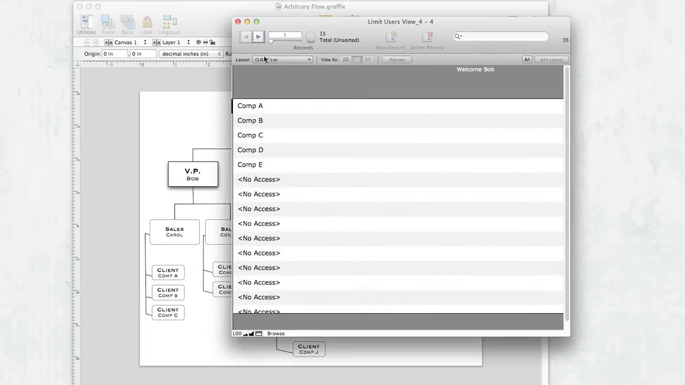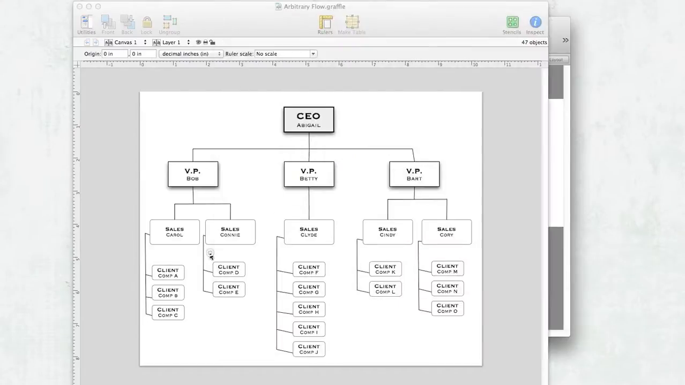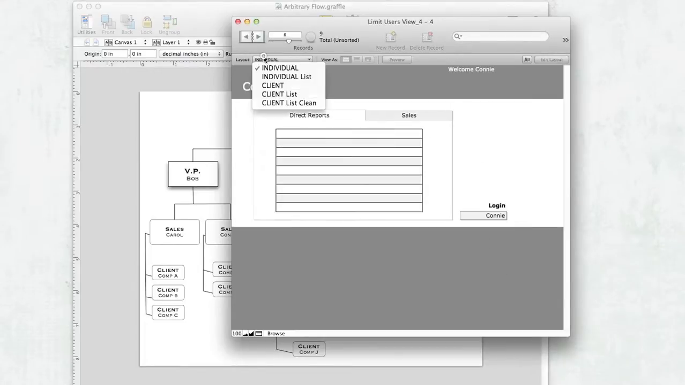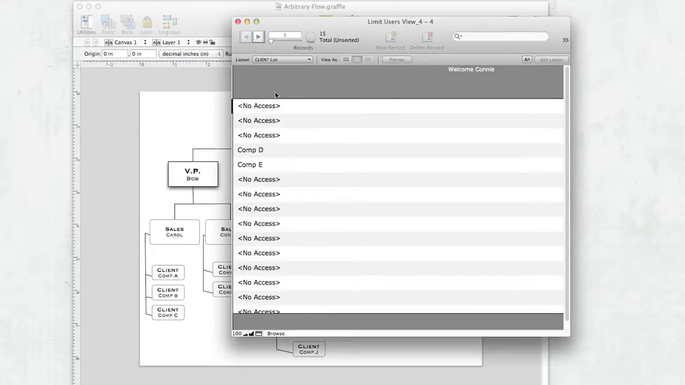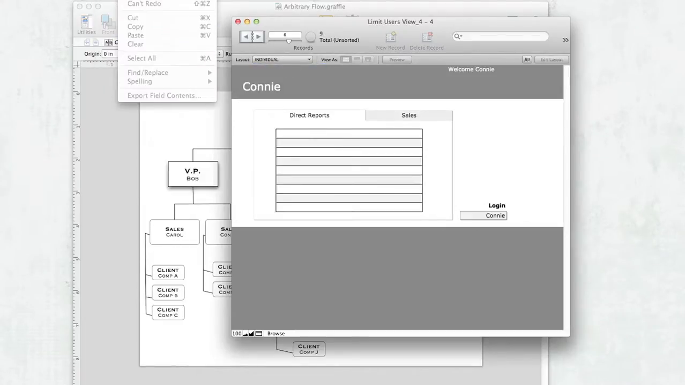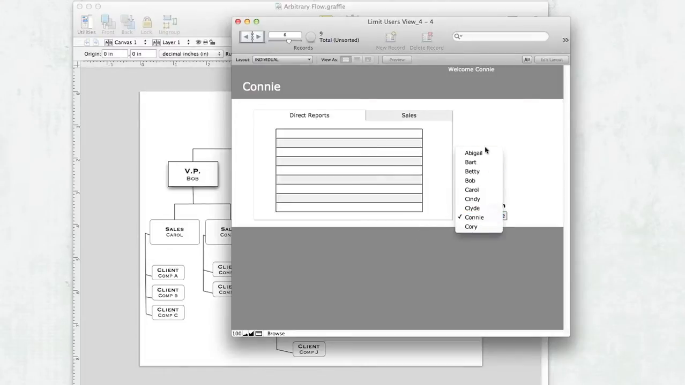And then we have no access here. And then if I go to Connie, who's a member of Bob's sales team, then I come to this list and I can only see those records. Now I'm doing this with, let's see, I have to come back here to Abigail